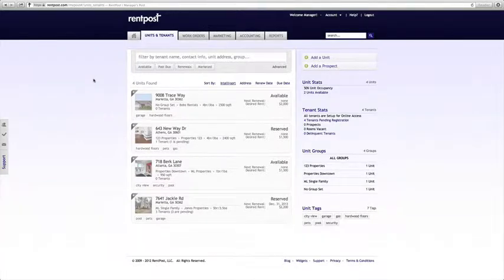Welcome to Rent Post. In this video, I'm going to show you how to add multiple tenants within one single unit. Also, give you a couple options on how to organize and manage multiple tenants within a single lease scenario. And if you haven't had a chance to watch the Add a Tenant video, I invite you to do